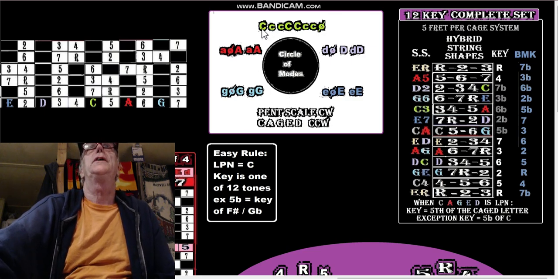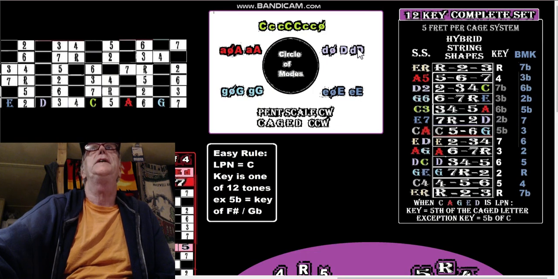So if we start on C major, we go C major, D minor, E minor, F major. Okay, that's the fourth, and then the fifth would be G major. The sixth would be A minor. The seventh would be C